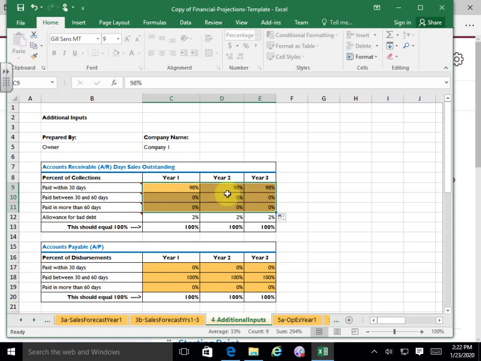Okay. And so you should be thinking about that in terms of your individual businesses, right? Okay. Some businesses insist on getting paid in advance, and some get paid in arrears.